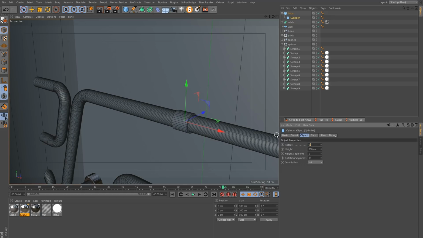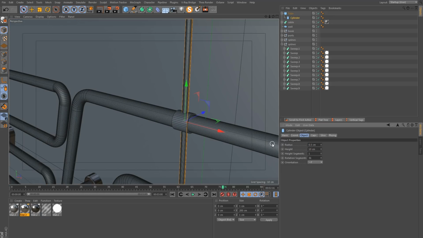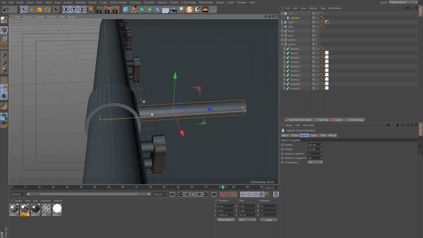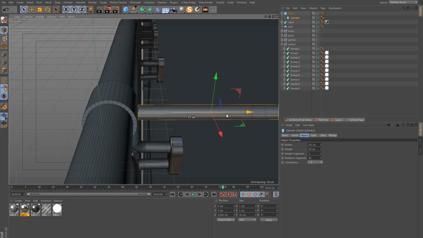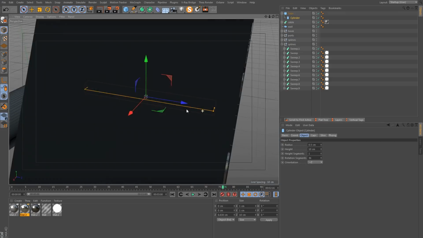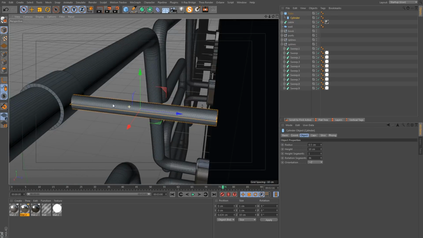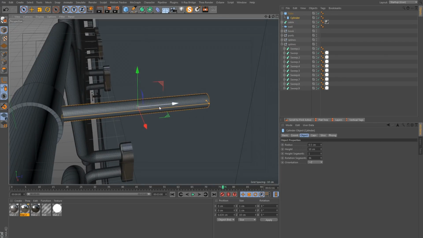Let's have a radius of 0.5 and a height of 10, and change the orientation and just move this back. So this is going to be attached to the wall over here. It might need to be a bit longer, so let's say a height of about 12 instead.